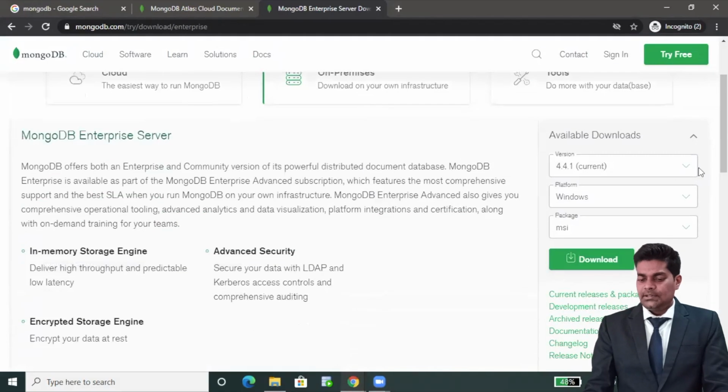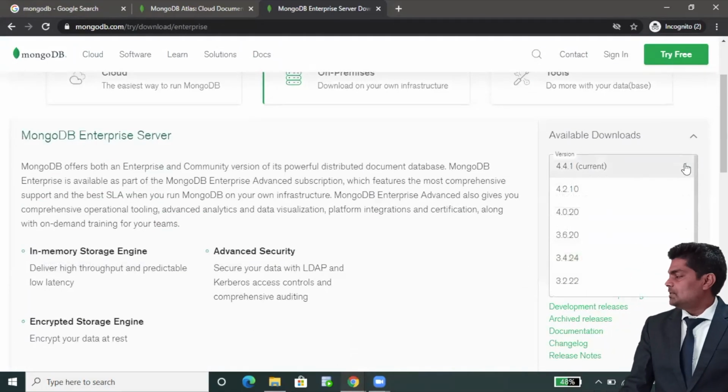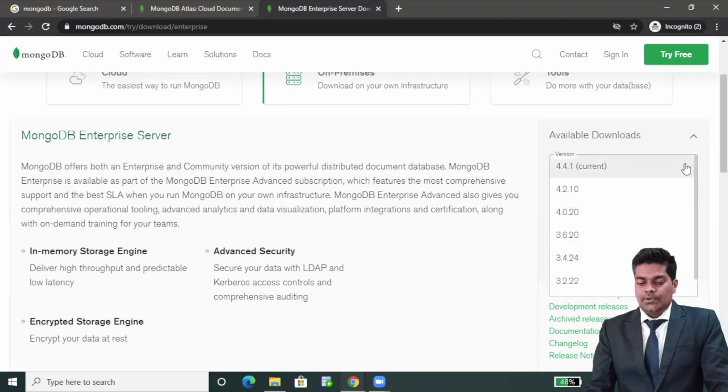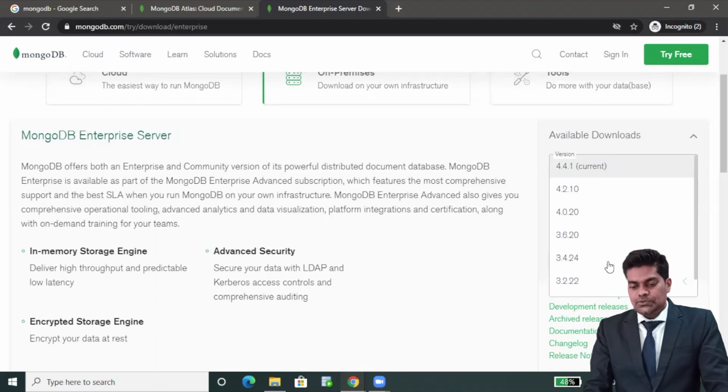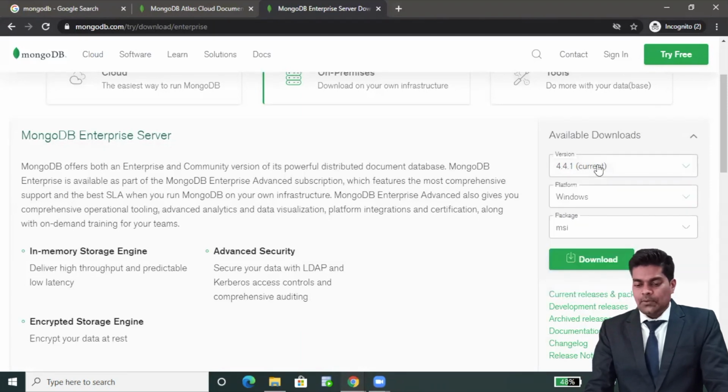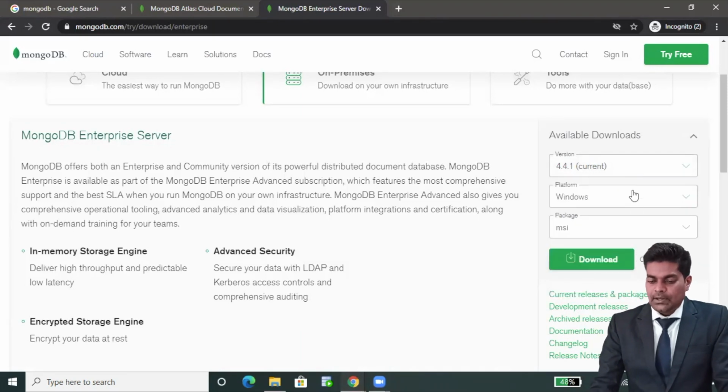Now here you can see the latest version of MongoDB is 4.4.1, and if you want to download a previous release also, it's better to download 3.6 or 4.0. So let's download 4.4.1.